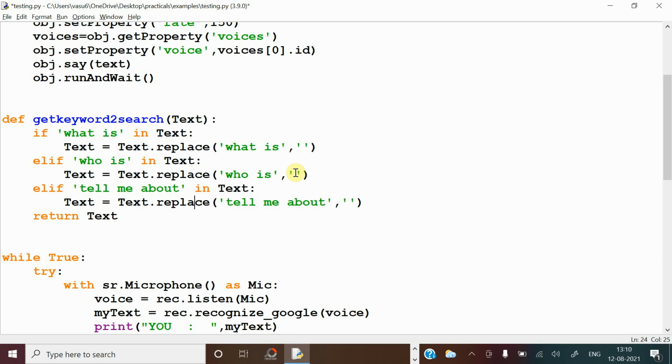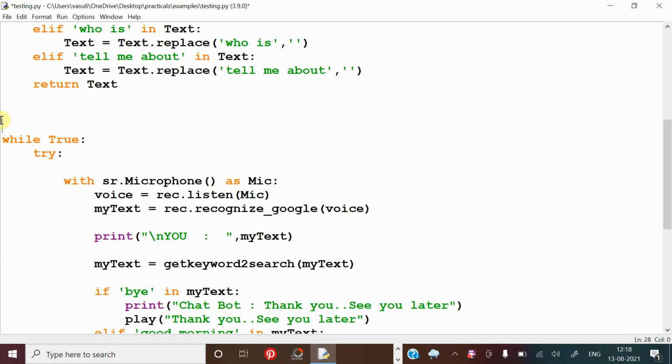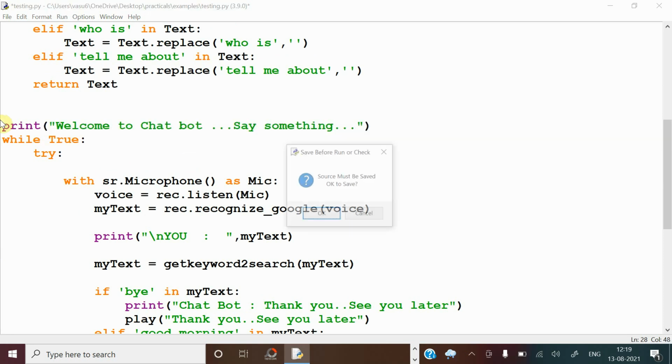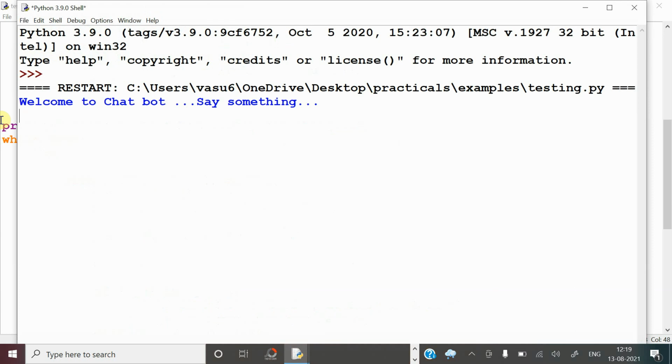Suppose after launching a program, at the beginning you want to give some welcome message. For this, you can print a welcome to chatbot message, and after that you can keep a message, say something like this. So whenever you launch the program, at the beginning it will show the message welcome to chatbot and say something.